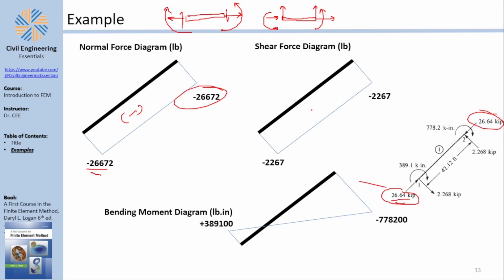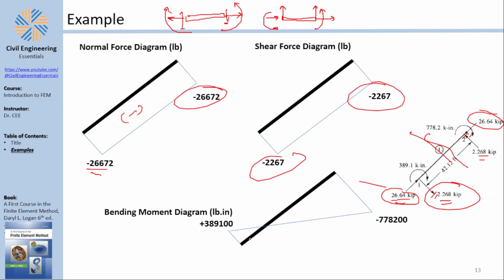For the shear force diagram, I would have to take the two values here. This value is against the shear force diagram's convention. It should be going up, but this one is going locally down, so negative. And here, this should be going down, the shear force. However, this is going locally up, so negative. Meaning that there is no change in the shear force, which makes sense because there are no forces in the